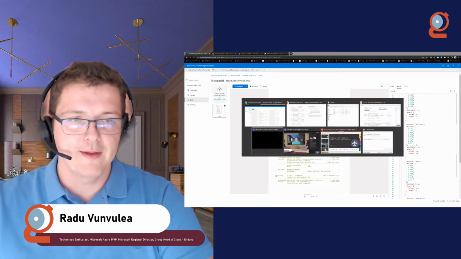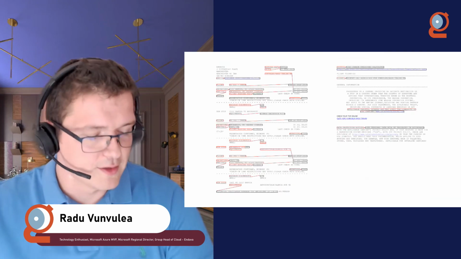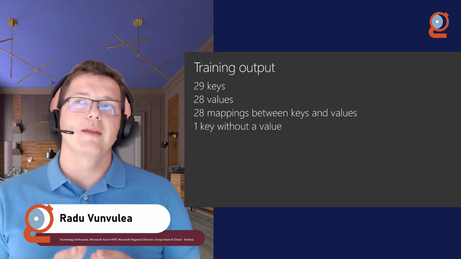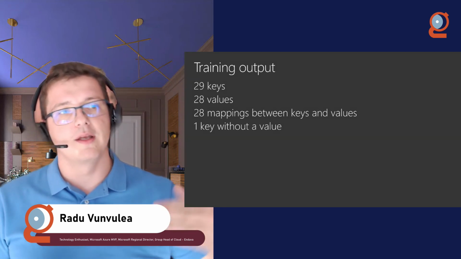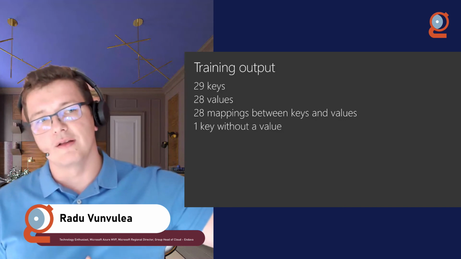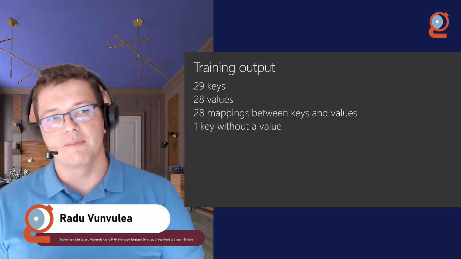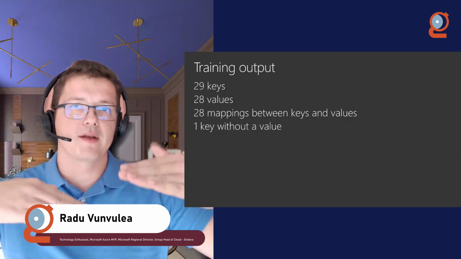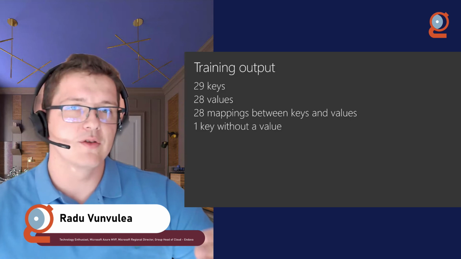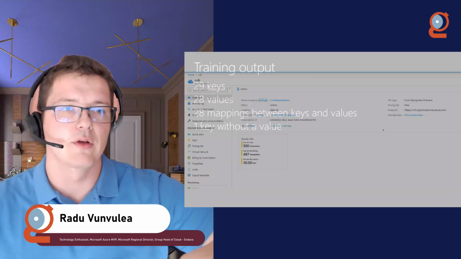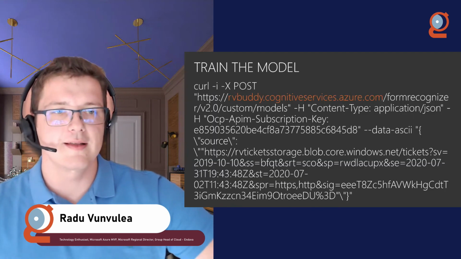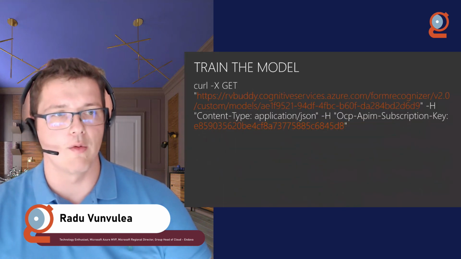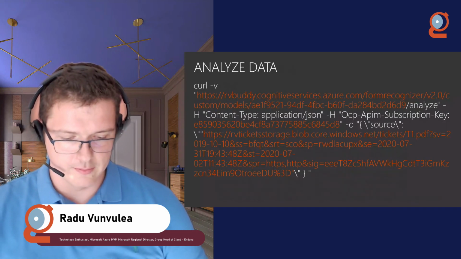Now, from the metrics that I got, just looking at the time, I have 1 or 2 minutes more. The initial output without having a custom label was that we identified 13 keys, 28 values, and the right mapping between them was 28 from 29. Only one was a wrong match. And the nice part is that when it's not able to identify the key and the value, it will skip it. There are some examples of how you can do it from the command line, but we will skip it for now. What I would like to